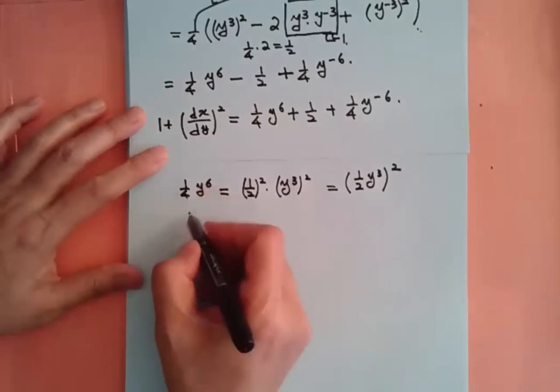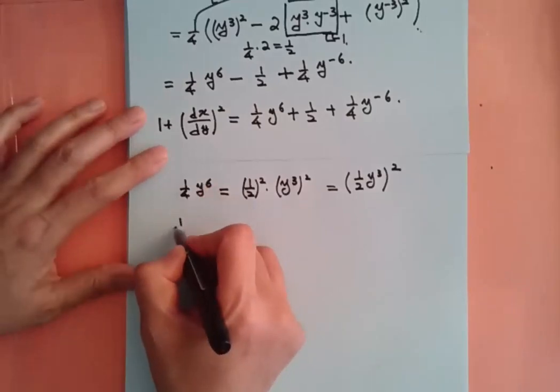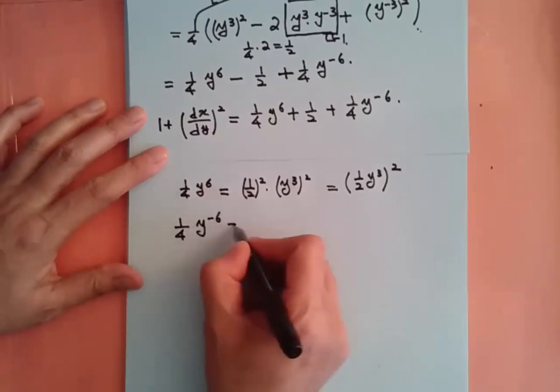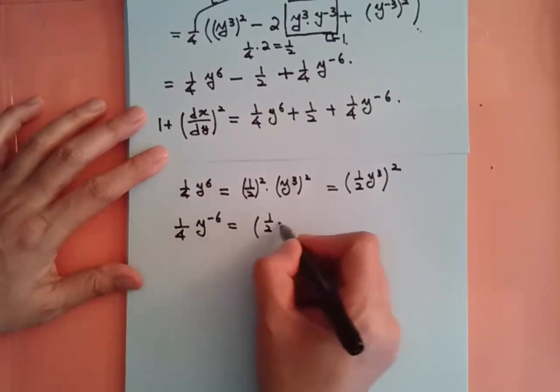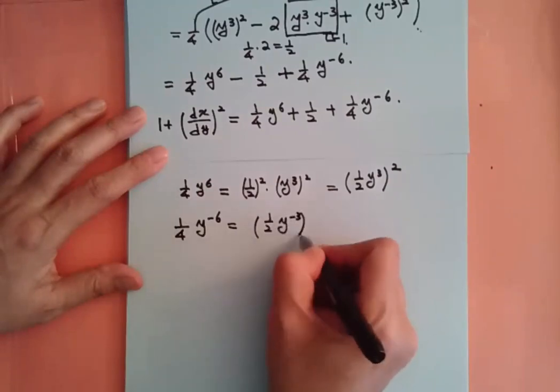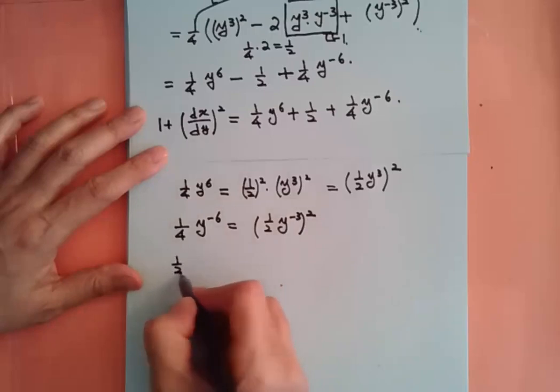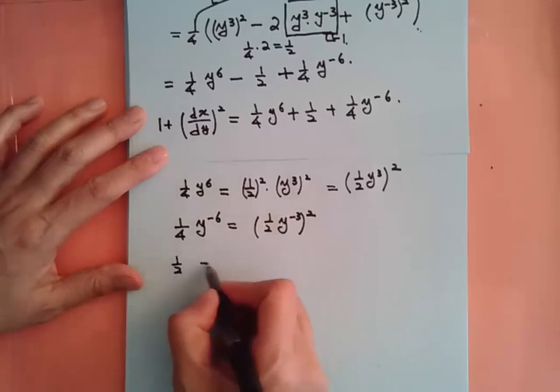And then the last term can be reinterpreted as 1 over 2 y to the minus 3, squared. In the middle, that can be interpreted as